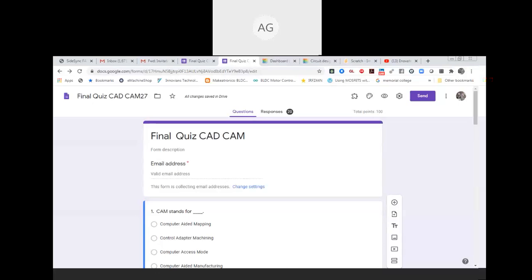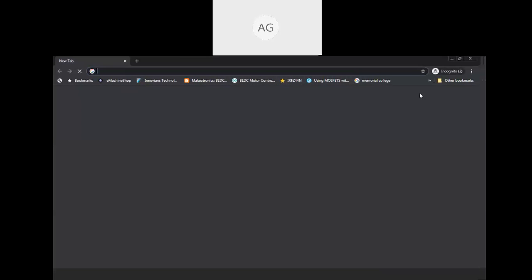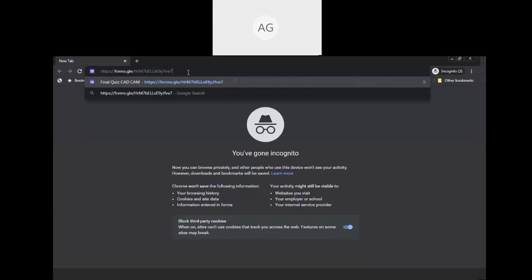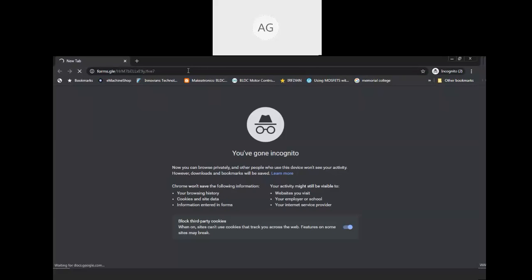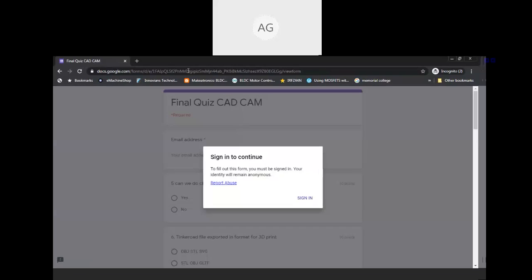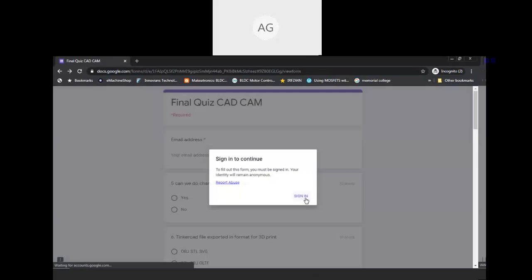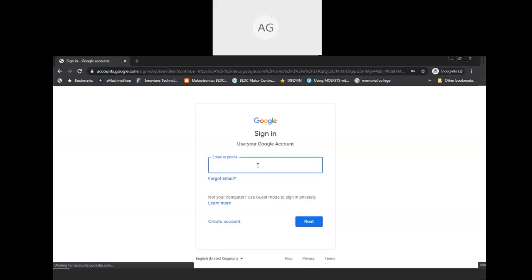So this one is my screen. I just opened a new window and I just pasted my same link. That link I shared with you, same link I pasted. I'm clicking it over here, so that link is opening over here. Just you need to sign in. That pop-up window is, I think, displaying over there. So you have to click sign in over here. That's why I think you are not able to find that pop-up window in a mobile phone. So that you can check it out, and properly you have to sign in over here with Gmail ID. And after that you will be able to start your quiz.